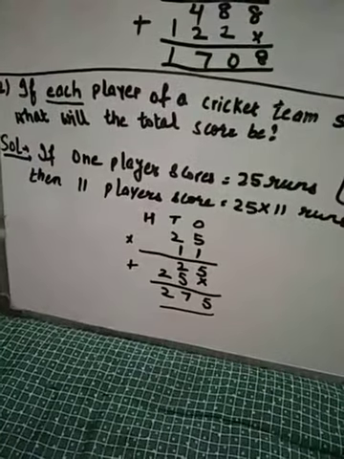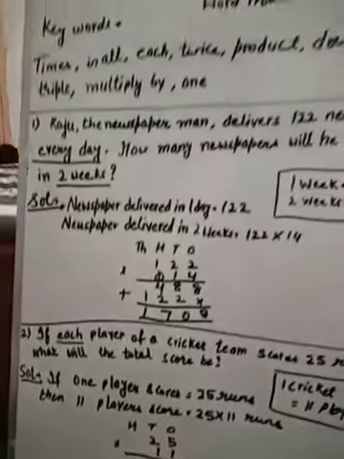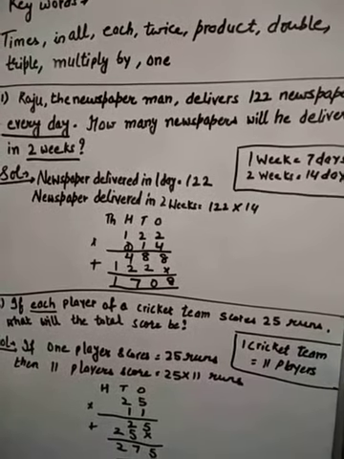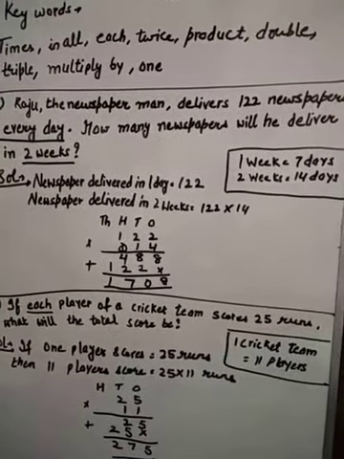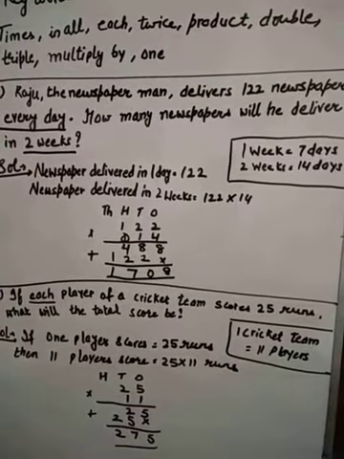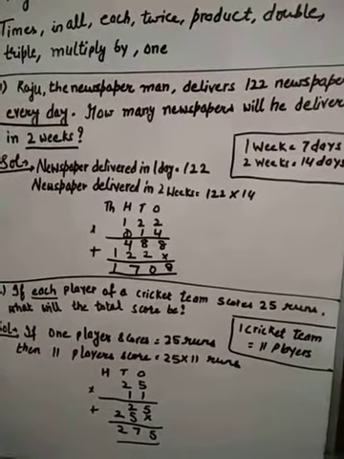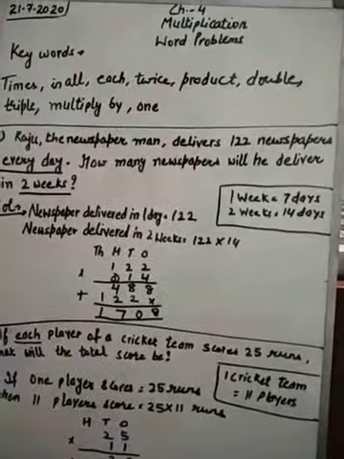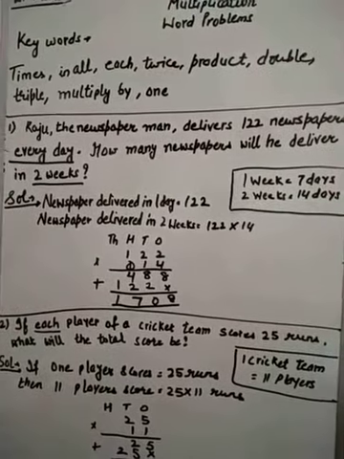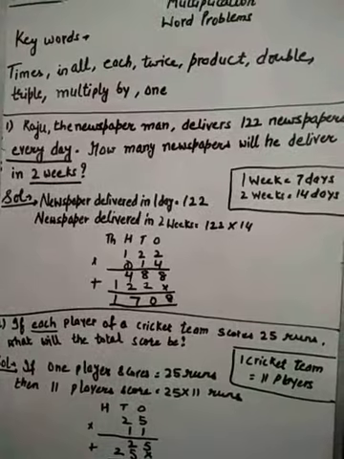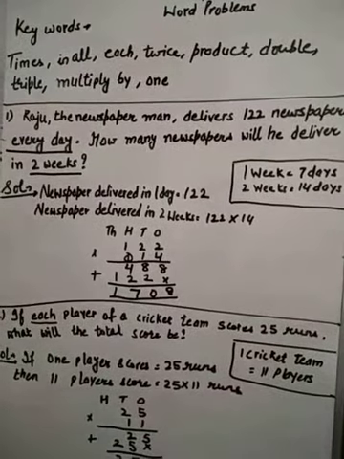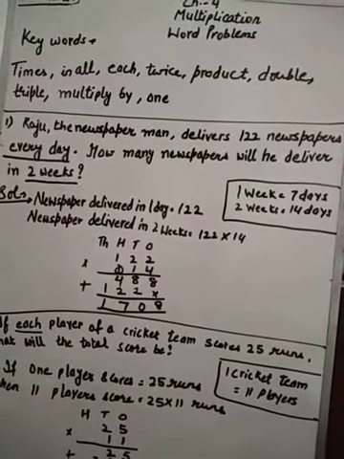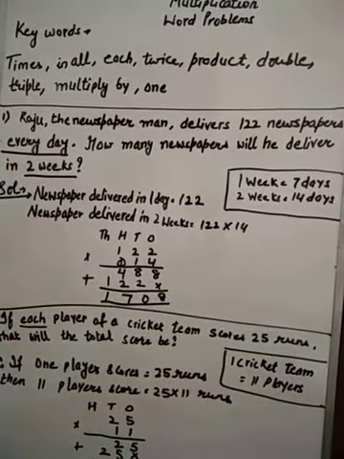So it's my humble request that while doing these word problems, you have to read the question very carefully. If you have been given the one number, one value, and you have to count the more values, then you have to do the multiplication. So do practice a lot, read the questions once, twice, thrice, so many times. If you read the questions carefully, then you will be able to understand which operation we have to apply here. So read carefully and learn the tables also. Thank you.